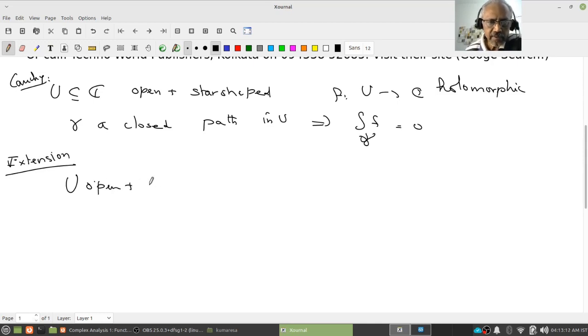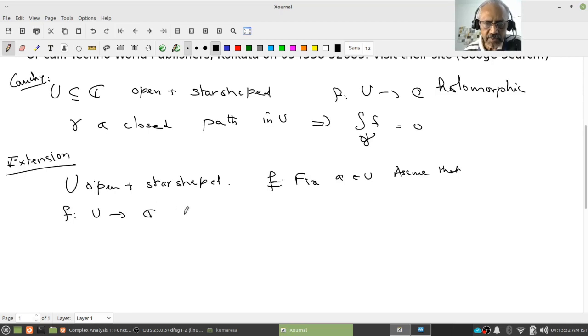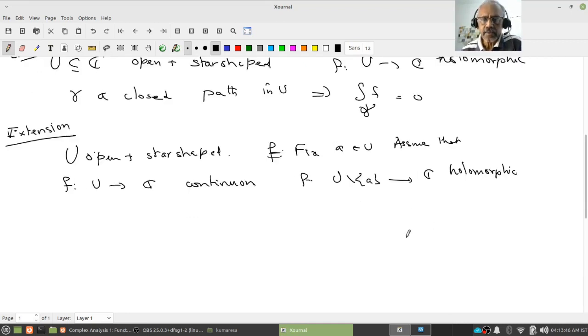Fix a point a in U. Assume that f from U to C is continuous and f restricted to U minus the singleton a is holomorphic. Then we want to prove the integral of f